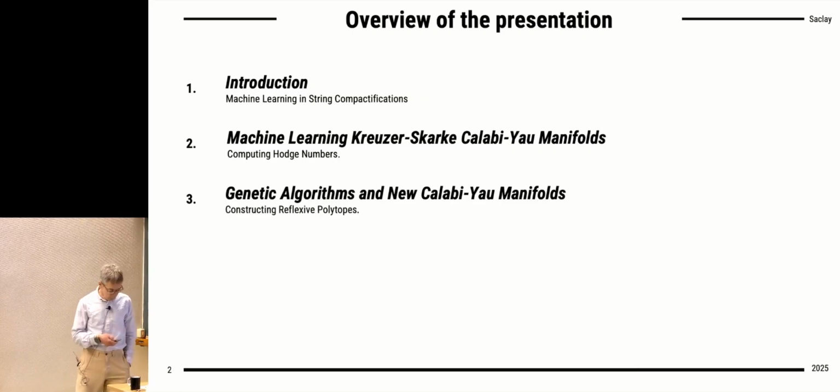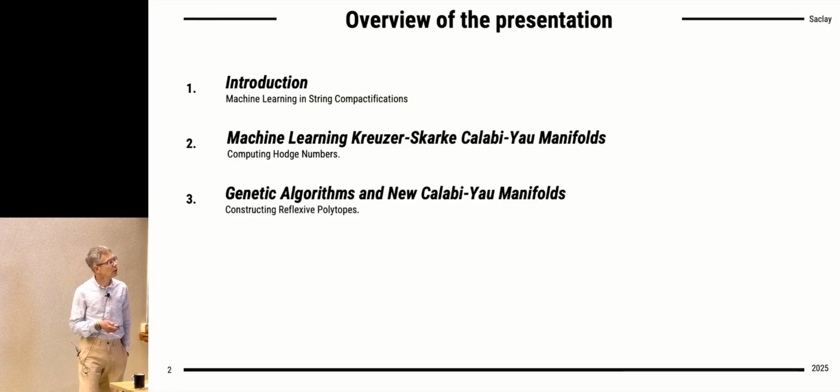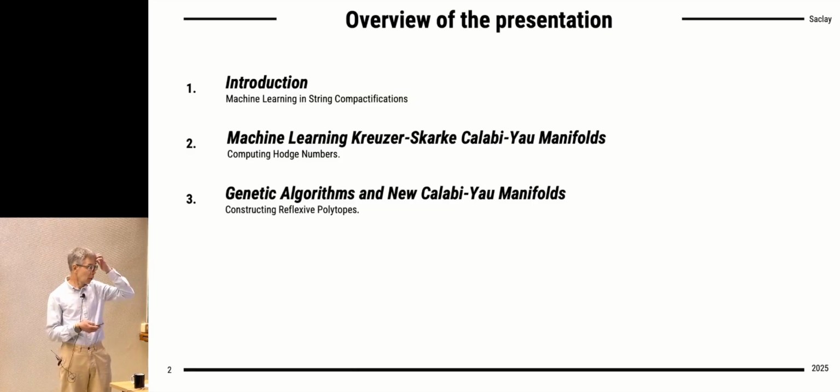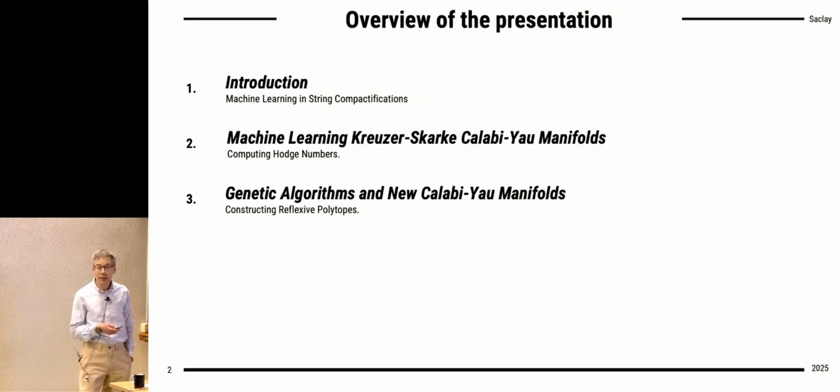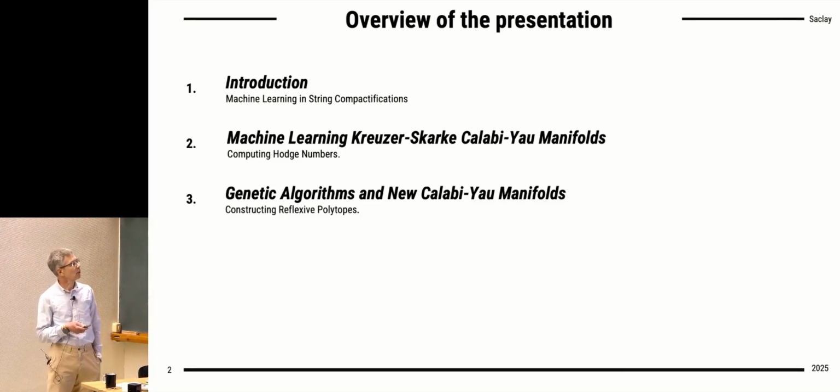I'll then move on to a slightly different aspect of machine learning, using genetic algorithms to construct new Calabi-Yau manifolds by constructing reflexive polytopes, which is essentially the type of work that Kreutzer and Skarke did in the 90s, from which one then can find these so-called toric varieties in which a Calabi-Yau manifold is embedded as a hypersurface, and how we can use a genetic algorithm to construct new higher dimensional polytopes relevant in principle for F-theory compactifications, a generalization of type 2b string theory